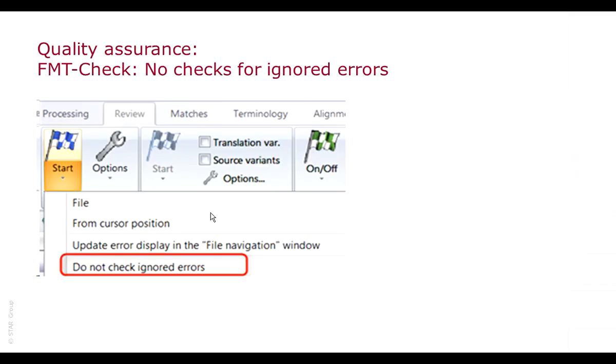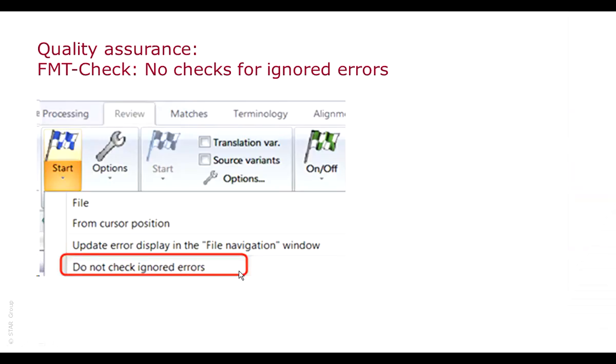Next is in the field of quality assurance. It is for the FMT-Check, meaning the review check. We have added a new option there. Here you see it. You will receive this list when you click on this little triangle here underneath the Start